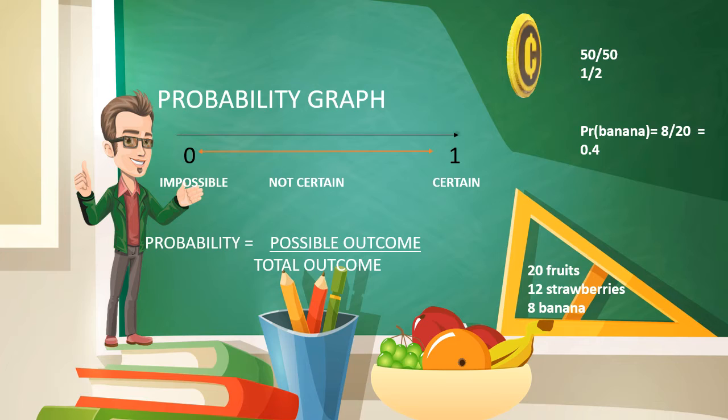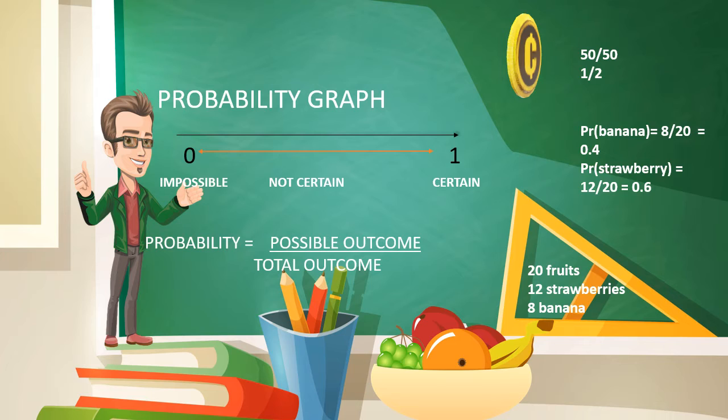And if we divide that, we get 0.4. Also, for the strawberry, it will be 12/20, because we have only 12 strawberries, and after dividing that likewise, we get